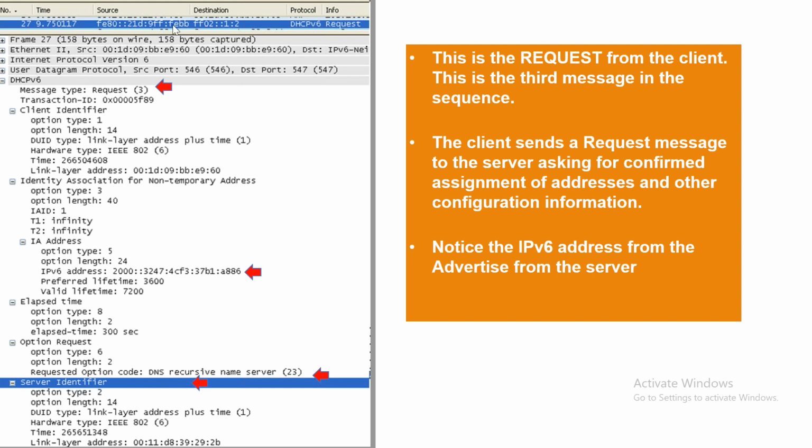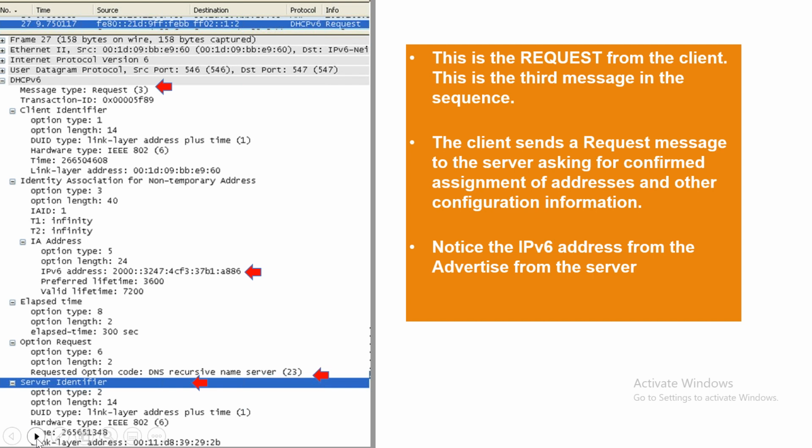It's going from the link local to the multicast. And here I've got this V6 address that the advertise gave me. He said, I just want to make sure that this is what you want me to use for all this. And here's the server